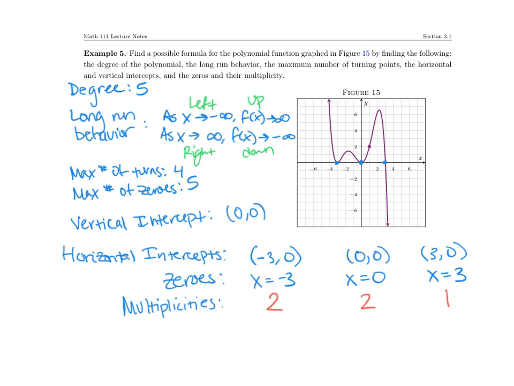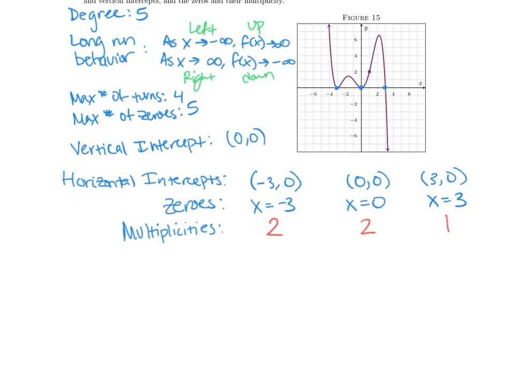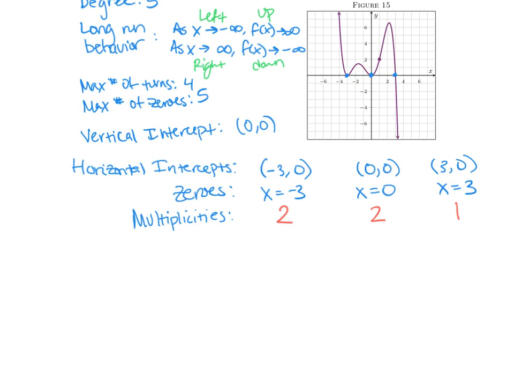But now we know that we need to come up with our equation. So let's write this up. We're going to have f of x is equal to some leading coefficient, some a value, I'm not sure what, times, let's see, I'm going to put my x in front this time. So I can take this x as an x plus 0, or just an x,